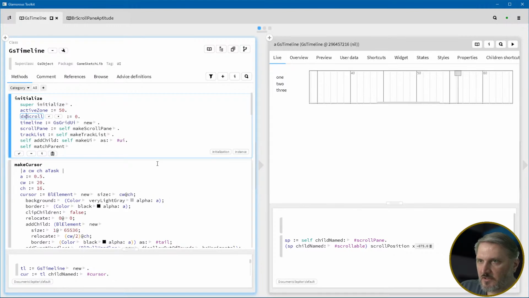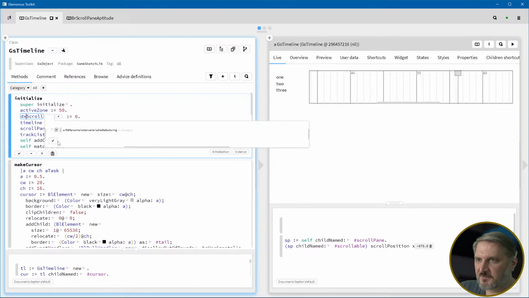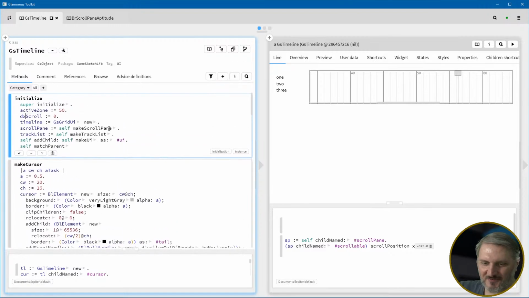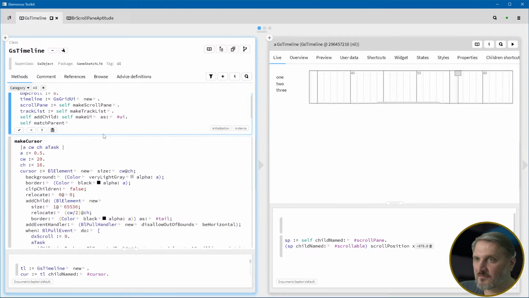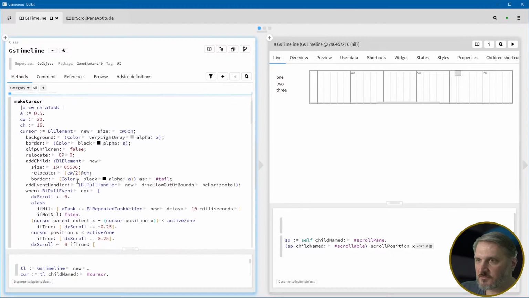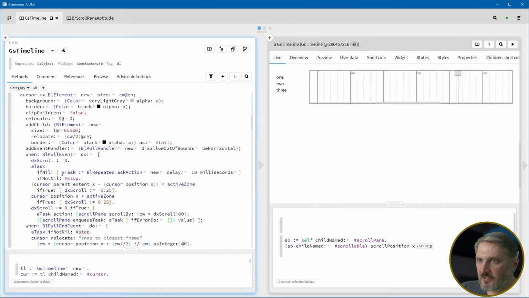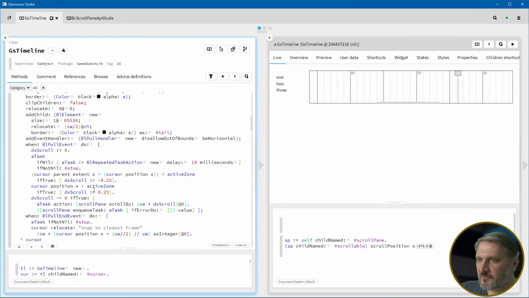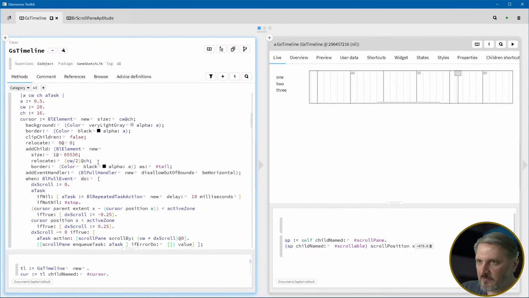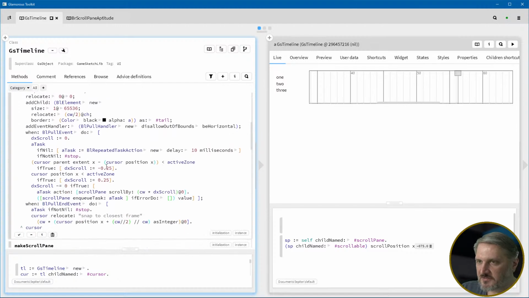Maybe we can rename it. There we go. It doesn't seem to let you rename something to the same thing with a suffix. Okay, so we've got dx scroll equals 0. And now if you auto refactor this, it changes the formatting to tabs. I really don't like that. Maybe I should just get over that and adapt to the standard that they provide. But